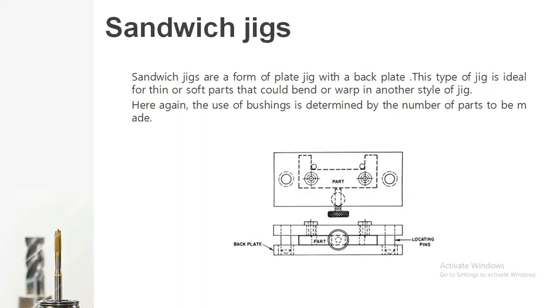Next are sandwich jigs. What is a sandwich jig? A sandwich jig consists of two jig plates, that is, one jig plate is placed at the top and below there is a backing plate. Now where are sandwich jigs used? Sandwich jigs are used whenever you have to machine a similar point or similar location with two different dimensions, that is, you have to generate a stepwise hole. At that time sandwich jigs are used.